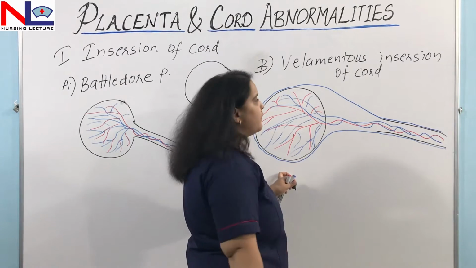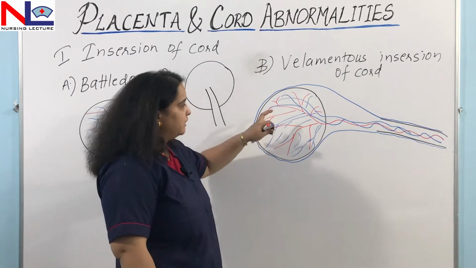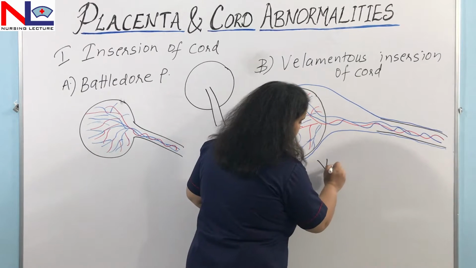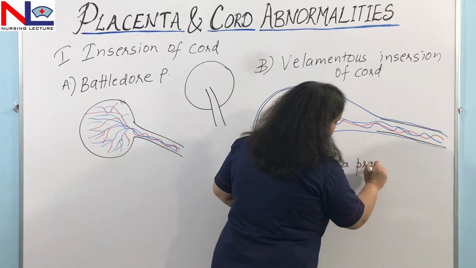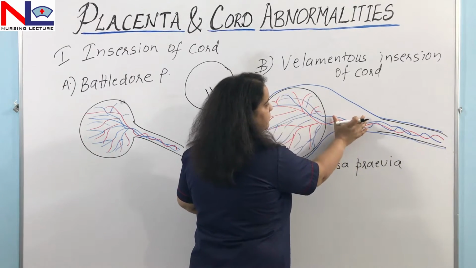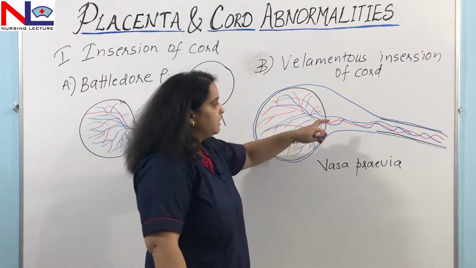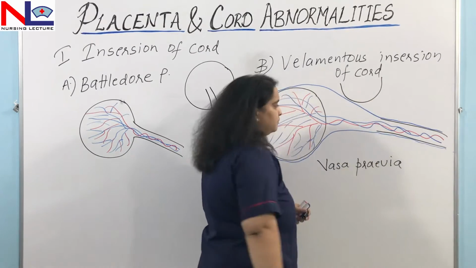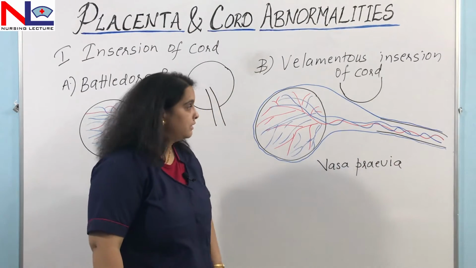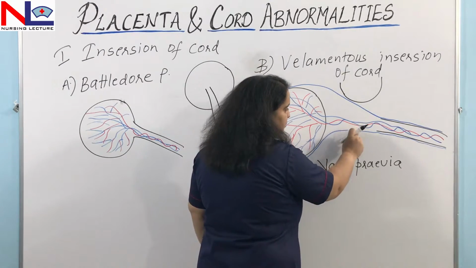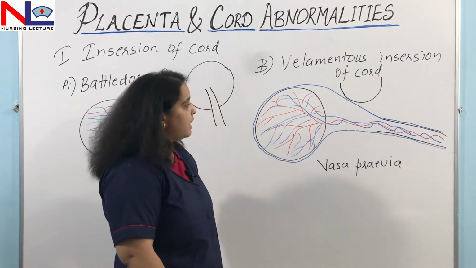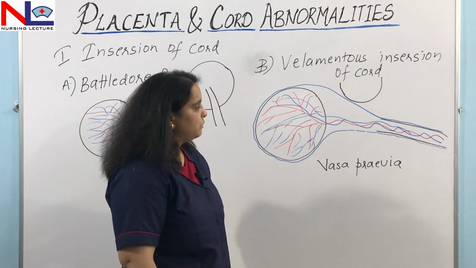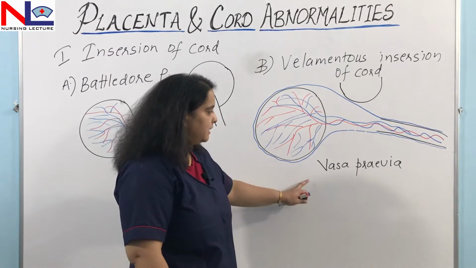If this type of abnormality is there in a woman and the placenta is low lying, that may cause vasa previa, because these vessels, which are low lying, come previously in comparison to the fetal part. In that condition fetal death may occur, because at the time of labor the membrane becomes ruptured, and with the rupturing membrane these vessels also become ruptured or torn, and that may cause decreased blood supply and finally